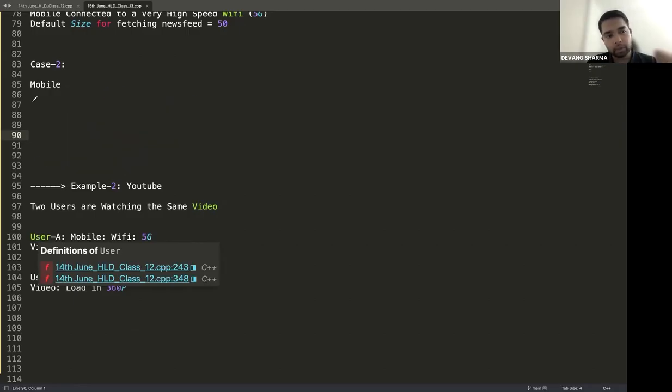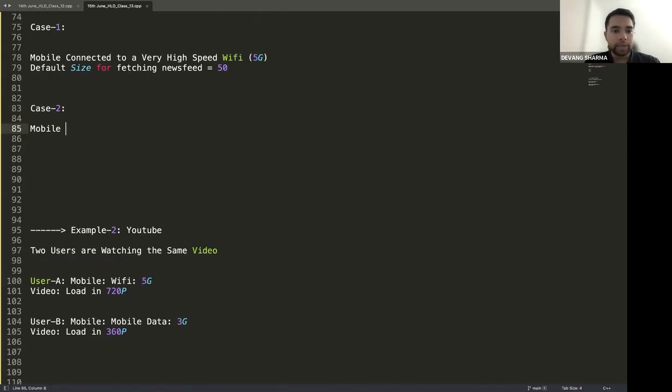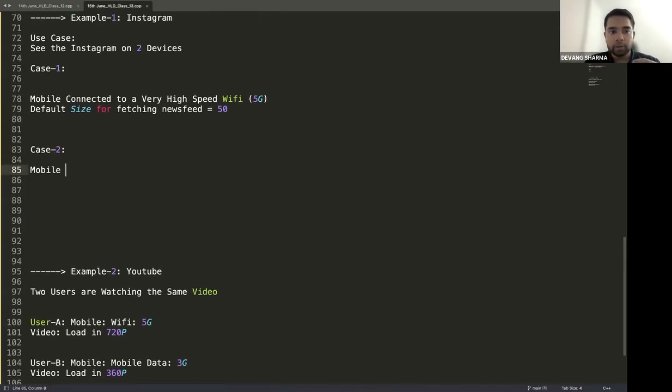Okay. That is called codec decoding, which we'll discuss when we go to the YouTube case study. Anyways, coming back to it. So first use case, when a mobile is connected to a very high speed, now we are talking about the use case of Instagram. If it's connected to a very hi-fi device, let's say for 5G. For second case, when a mobile is connected to